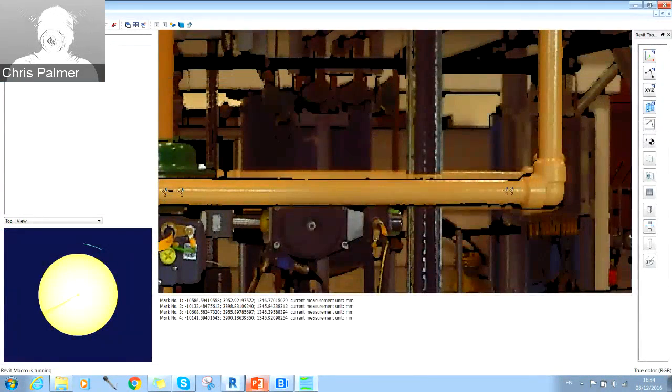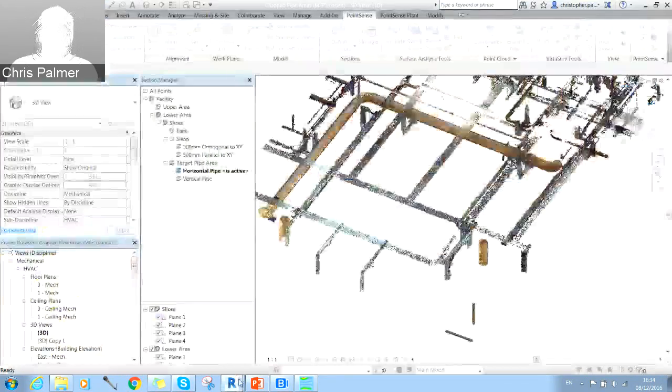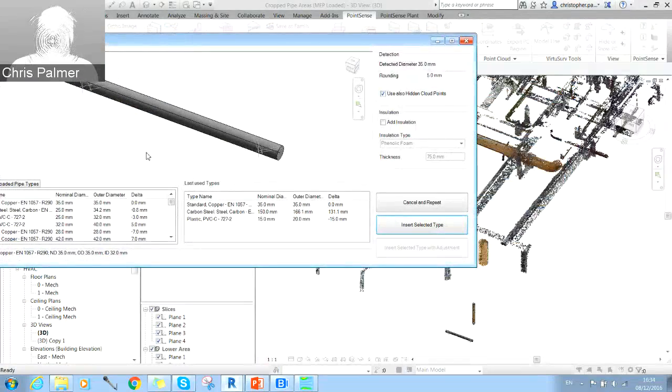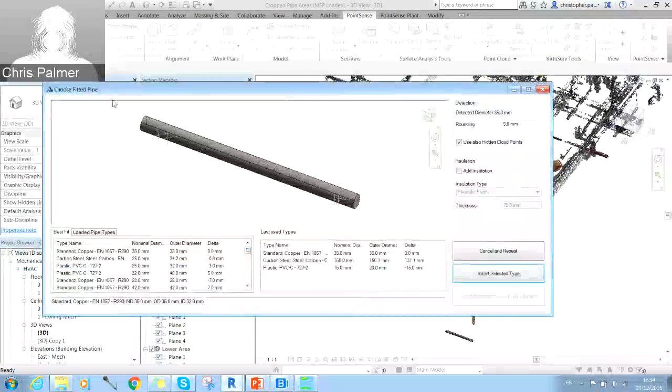You can see the screen's flashing slightly. Obviously, it would be better to have two monitors here now, but it's sending that coordinate to Revit. We go back into Revit, and what we have is this particular pipe. Because we've got that part of the point cloud hidden, it's not giving us that point cloud overlay, but it is finding the same detected diameter, which we know is correct,